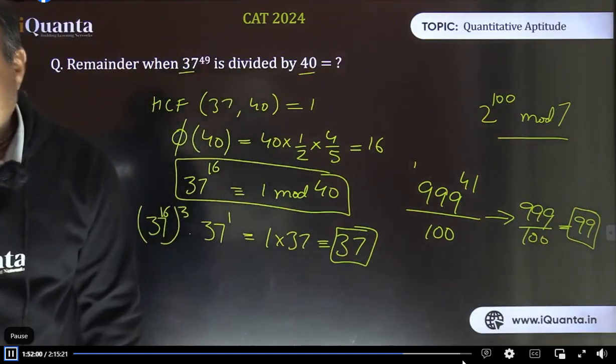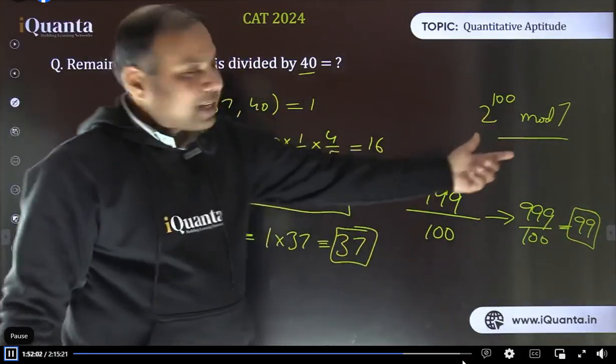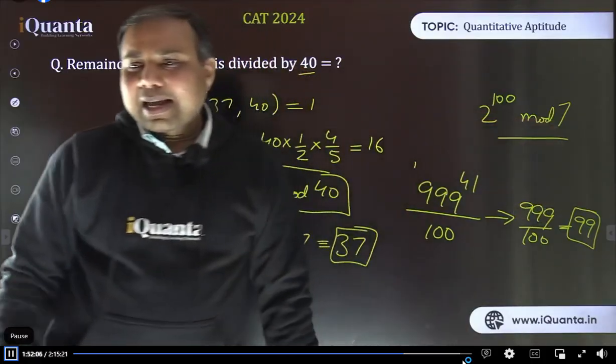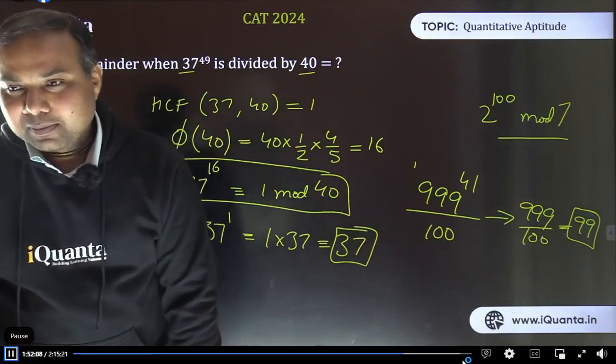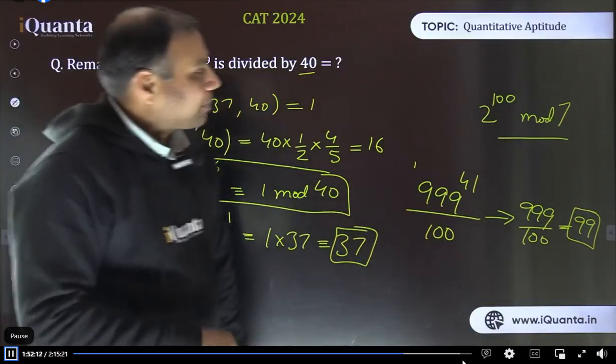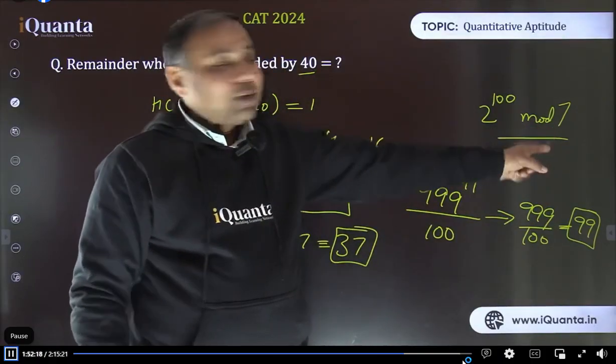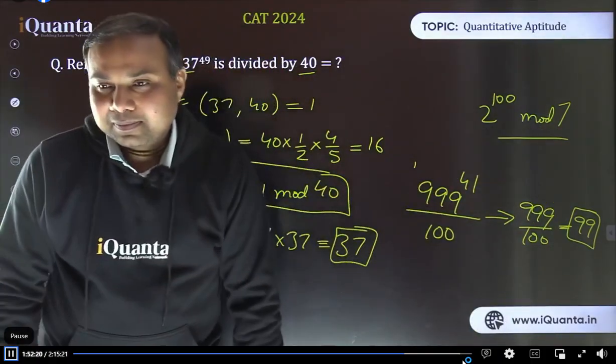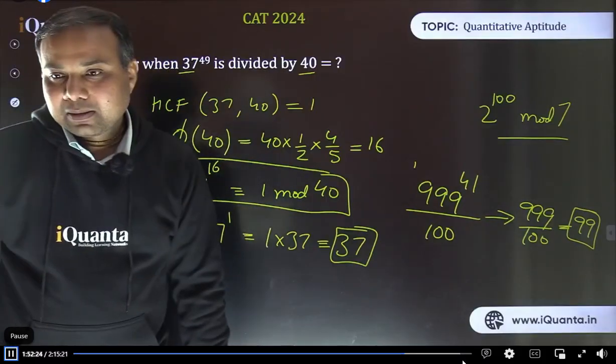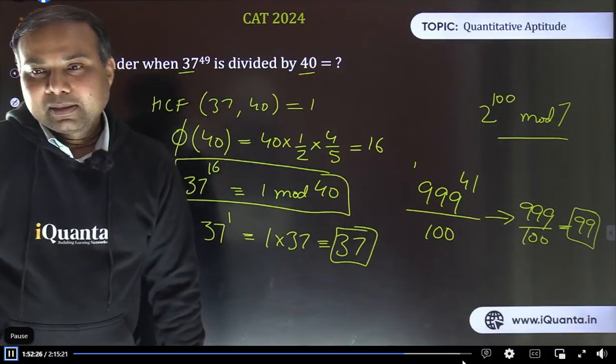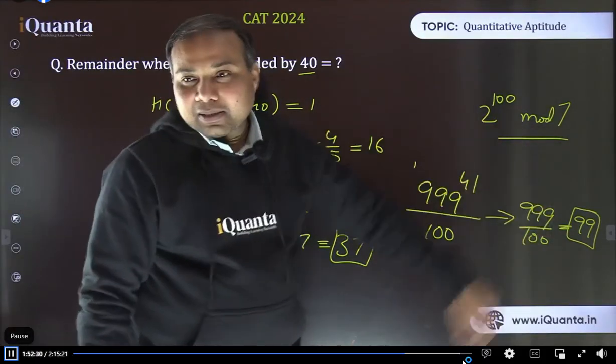Good. Excellent. Coming back to this question, somebody asked this question. 2 power 100 का 7 से remainder निकालना है. Can we apply this theorem? Can we use this theorem? Yes, we can use this theorem because 2 and 7 are co-prime, right? Applying this theorem. What is phi of 7? Please tell me. What will be phi value of 7? What will be Euler number for 7? Now 7 is a prime number.